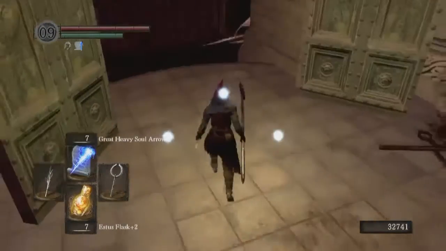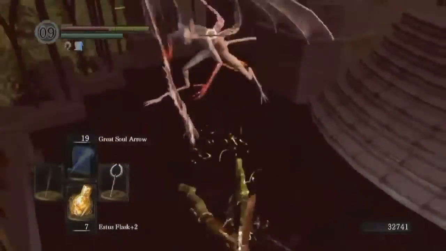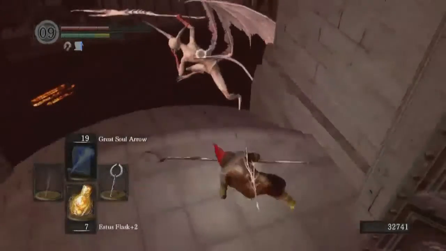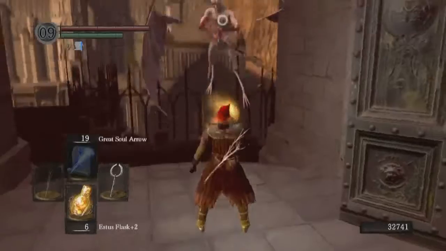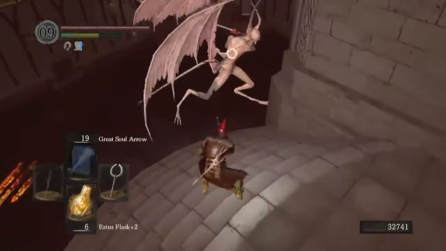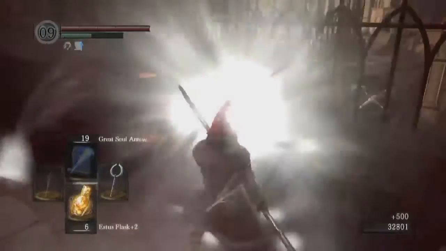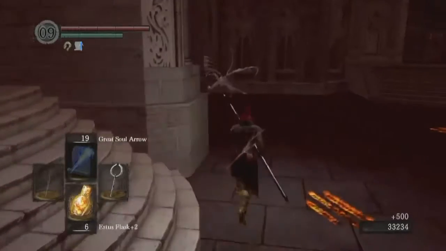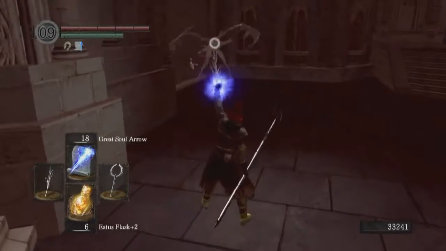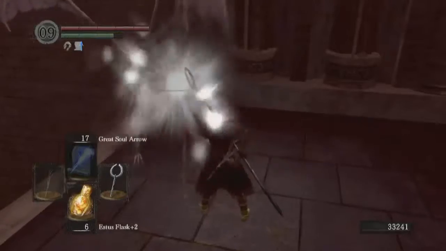Alright. I jumped the gun on that roll. There we go. I ran out of stamina there. Okay, still good enough. Of course, for this guy, we can go ahead and greet him with some magic. They do have a little bit of...